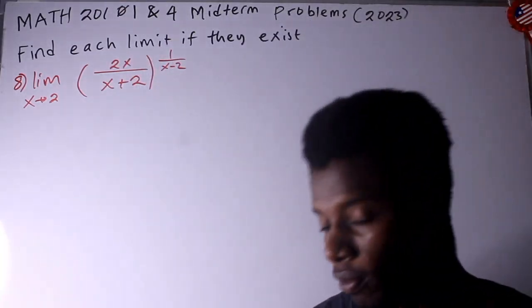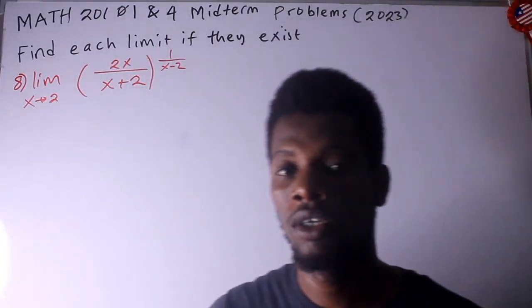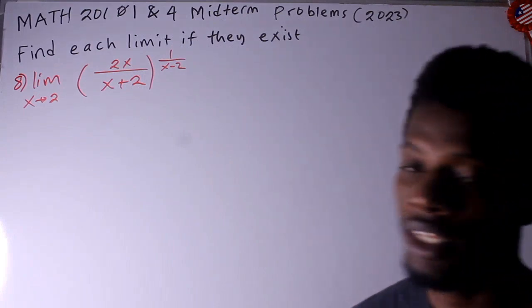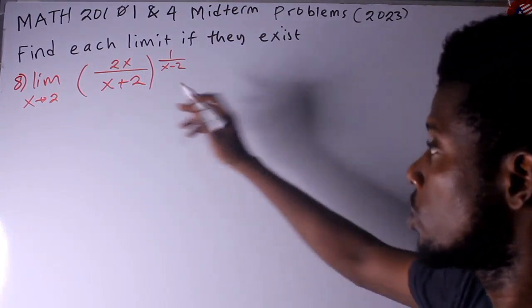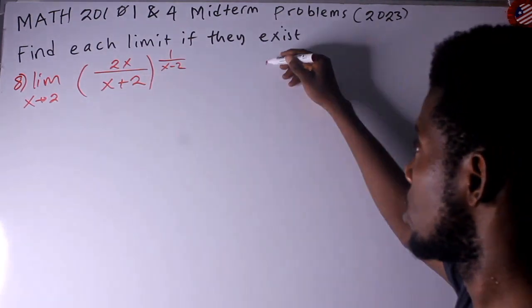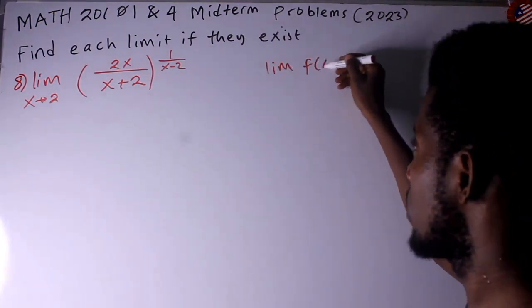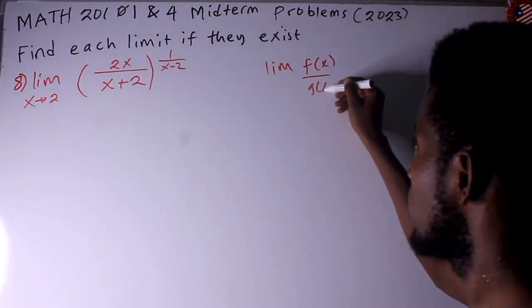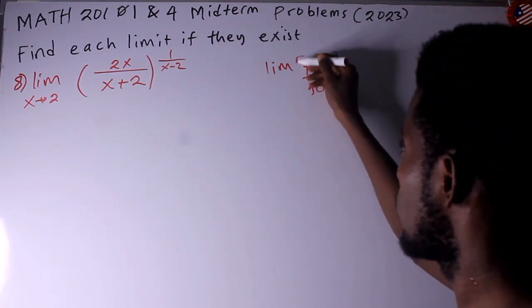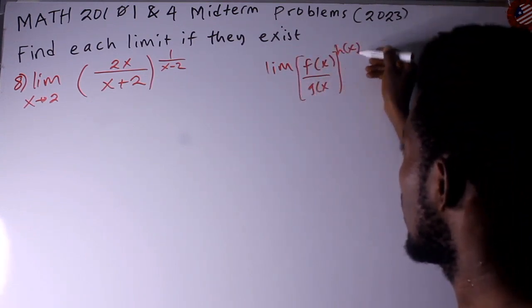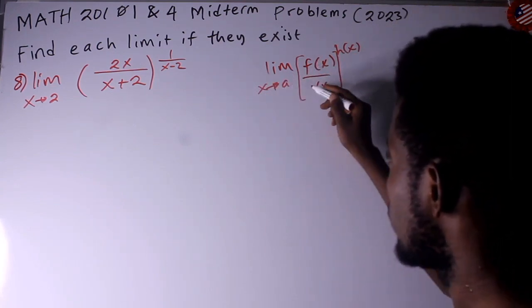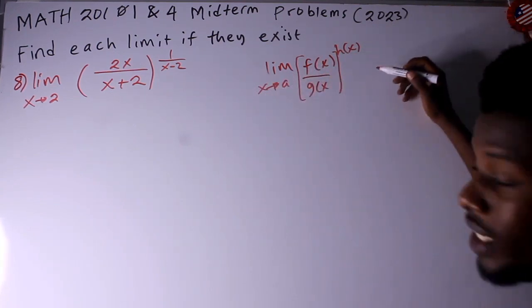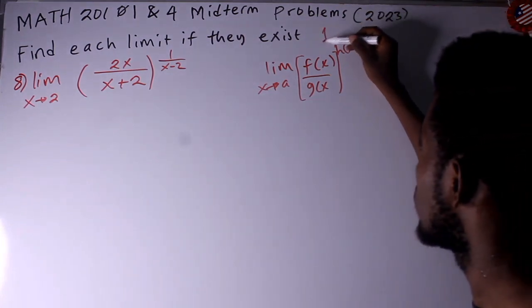So this is question number 8 on our list of questions we are solving under Math 201. This question resembles the limit of f of x over g of x, all raised to the power of h of x, as x approaches a. And anytime you have a limit like this, the indeterminate form is 1 to the power of infinity, and